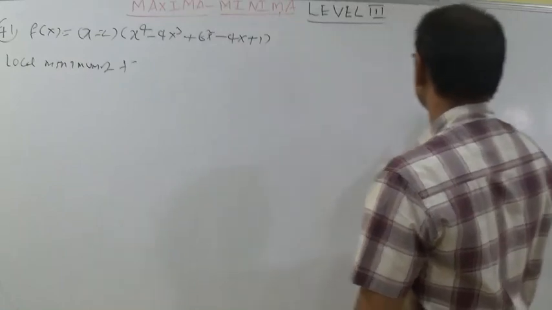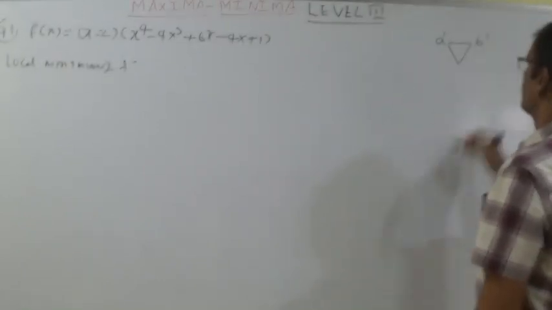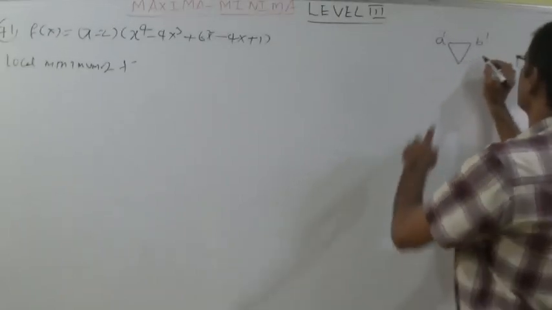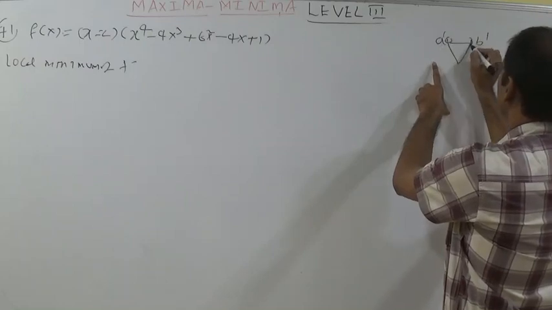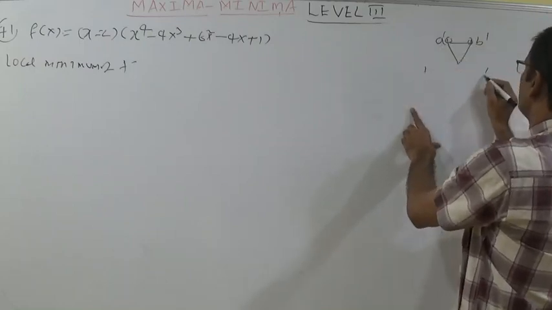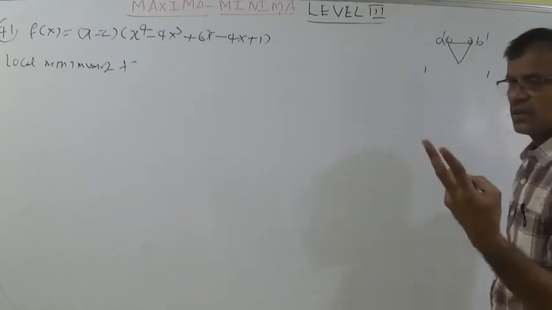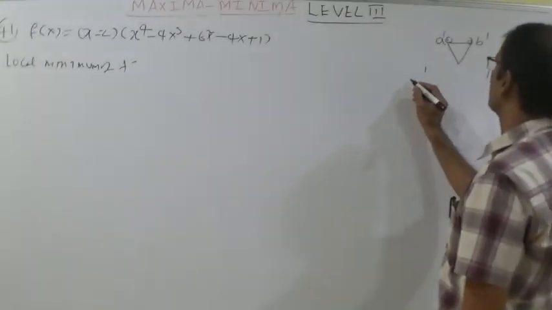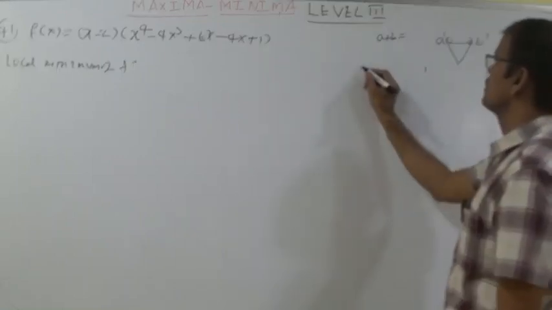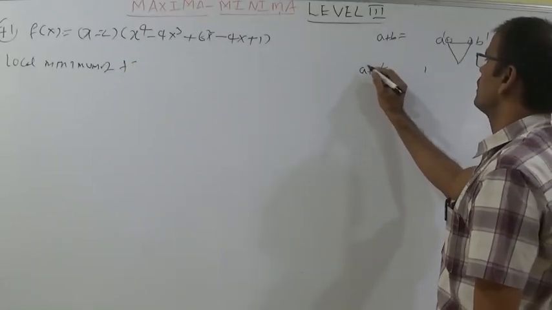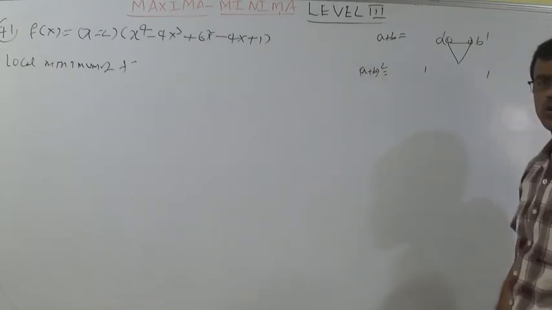Students, let us discuss Pascal's triangle. Of course, you know, even so I am writing here a, b. This is a power 1, b power 1. So here the coefficients are 1 and 1. For any binomial theorem, that means a polynomial which has only two terms, the power may be anything. A plus b whole square. Here I am writing a plus b. For a plus b, a power 1 and b power 1 is there. A plus b whole square formula is a square plus 2ab plus b square.